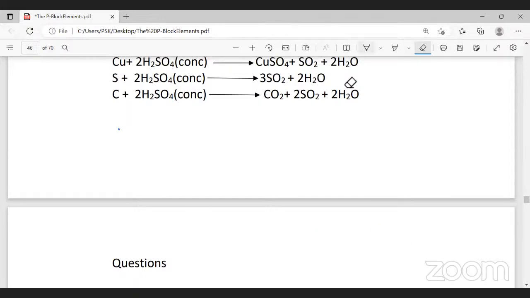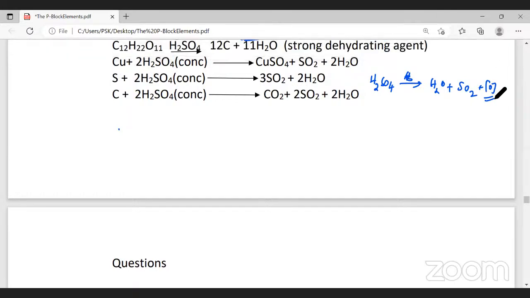Now, anything which gives nascent oxygen will be called an oxidizing agent. Sulfuric acid, on heating, will decompose to form water, giving you sulfur dioxide gas and also giving nascent oxygen. Since sulfuric acid gives nascent oxygen, sulfuric acid is called a good oxidizing agent. Now you can observe here,